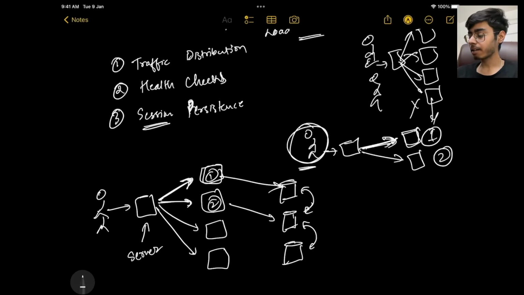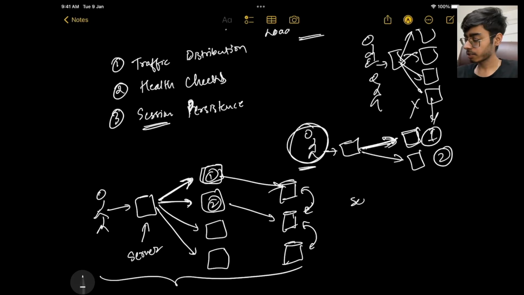But that can be done later. For that session, it should persist the data, and that task is for the load balancer: for that session the request should always go to server 1. Make sense? So this is session persistence.